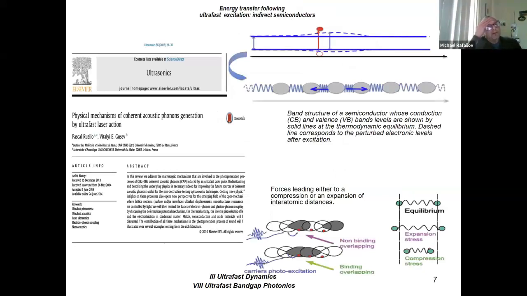So what's going on beyond that process, beyond the electronic system? What's going on with the lattice? This is a paper of our great presenter, Dr. Rafailov. What he shows us is that when you have this mechanical motion, a pressure wave going inside the material, you practically corrupt the band gap. It's not only corrupting the band gap itself, but it's propagating inside the material with acoustic velocities, which is practically slow. It's going inside the material and along the sides, longitudinal and transversal waves.